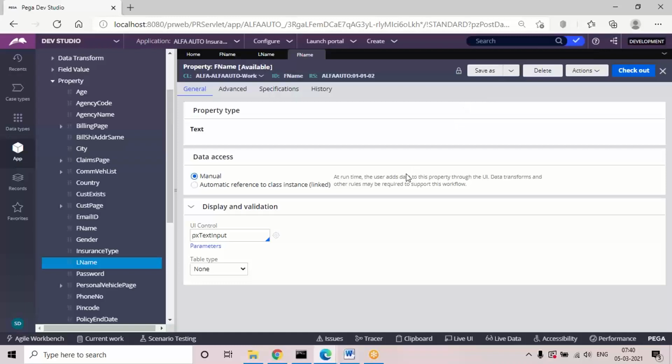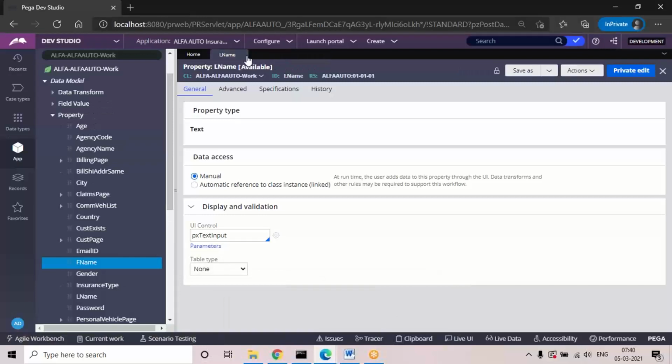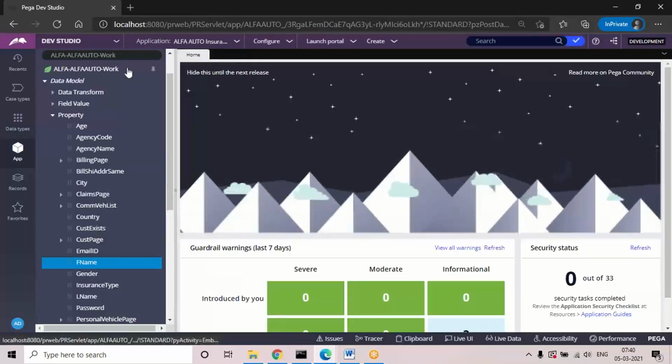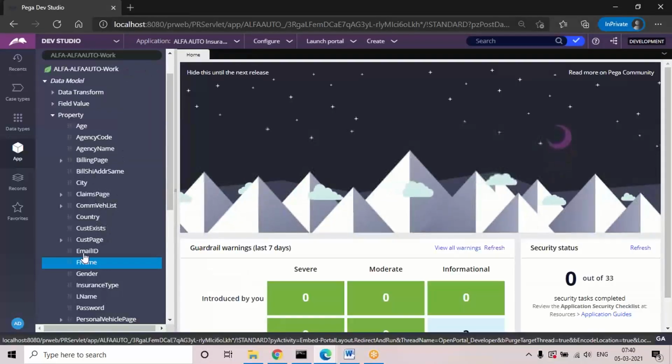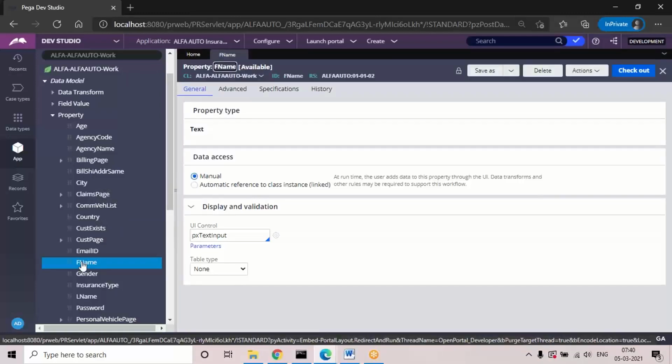Now there is a third option called checkout. In the operator, now refresh the rule. Either close and refresh the rule or close and open the rule again. Now try to open the first name or last name property again. Now we don't see private edit, but you will see one option called checkout.